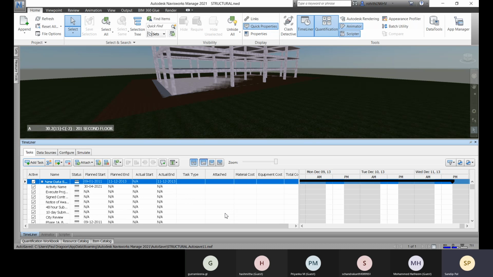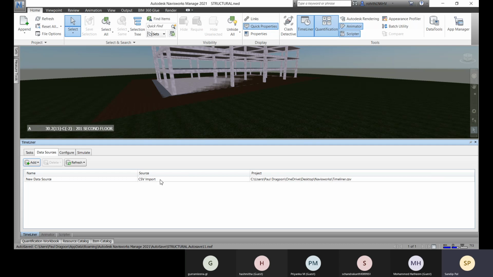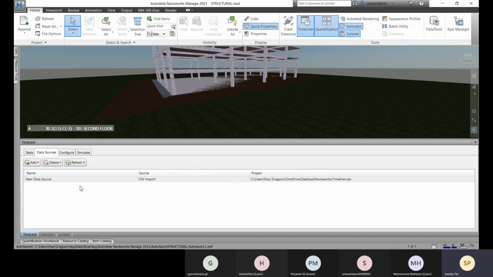So here we have less manual work. So this way it will be easier for us to create all the tasks. Okay, if we import, there we have this data source, and after this selected data source, you will rebuild the task hierarchy and it will be created here.